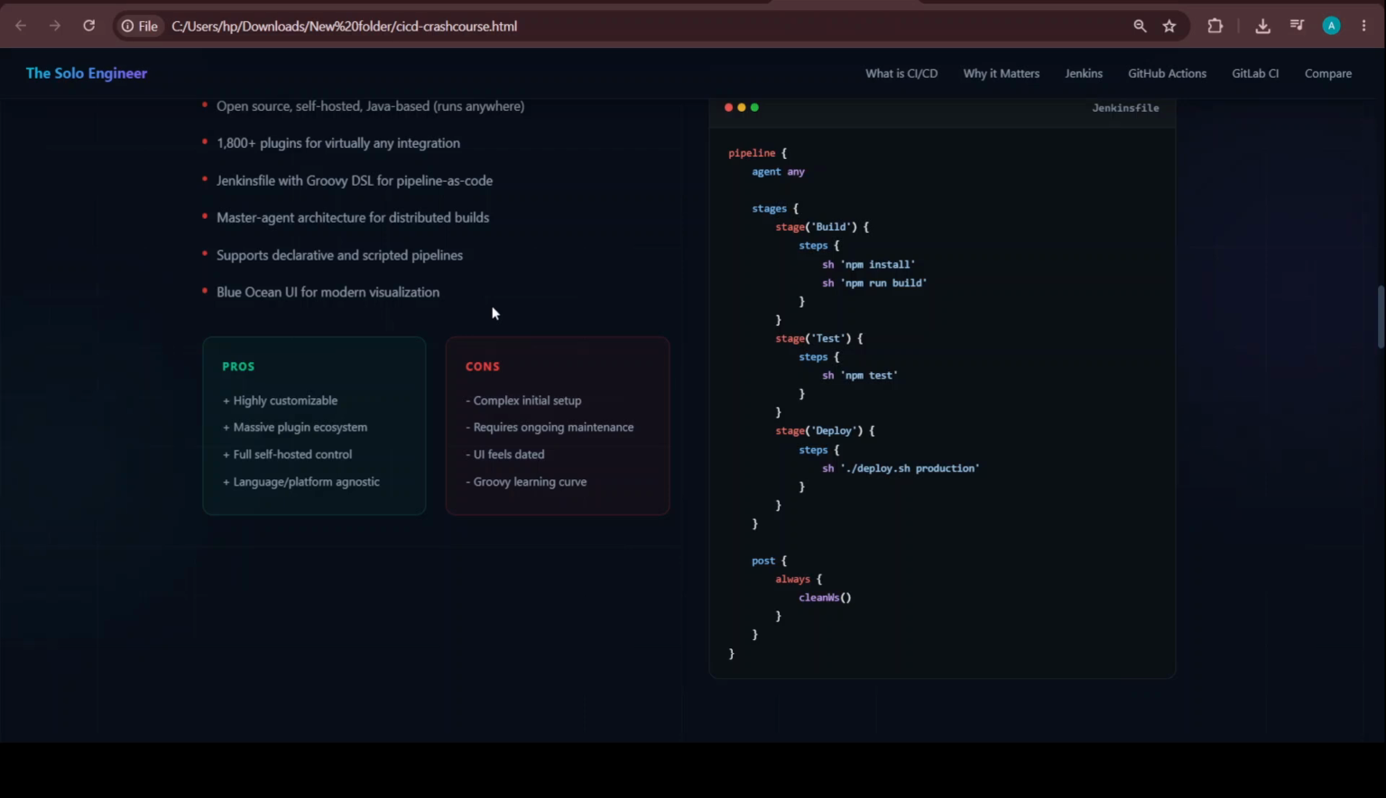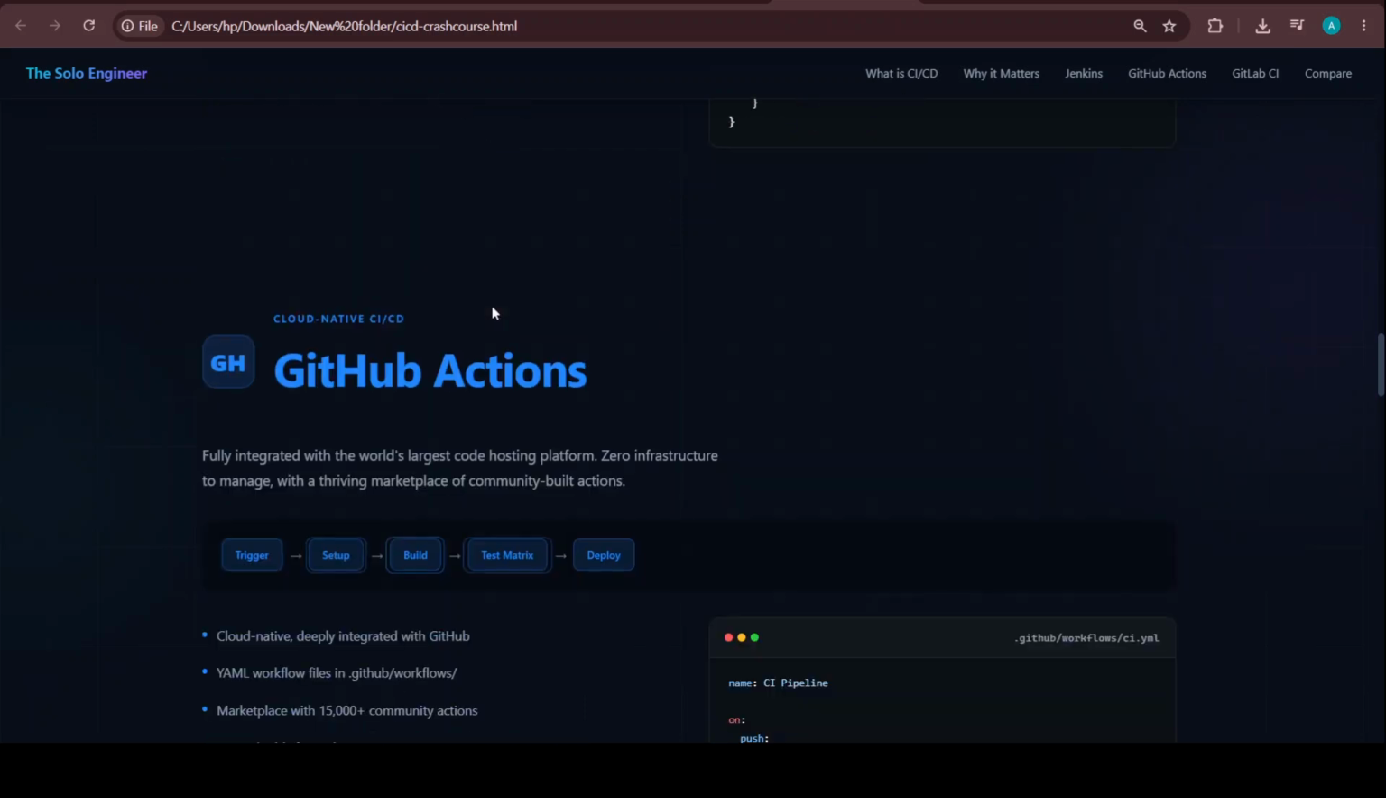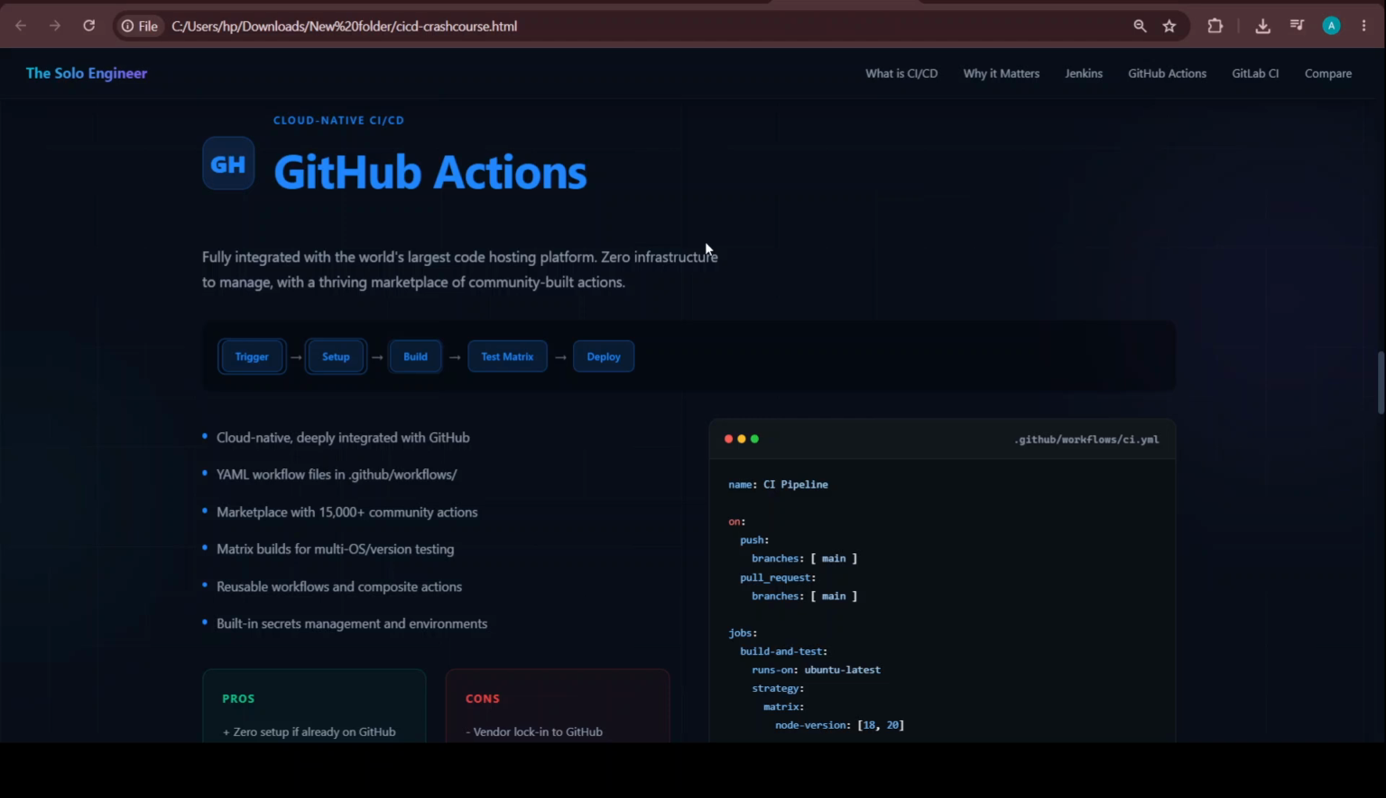Now, moving ahead to the second most popular tool, and for a reason: GitHub Actions. This is a cloud-native CI/CD pipeline tool built directly into GitHub, launched in 2019, and it basically ate the CI/CD market in 3 years. There's a reason for that. How it works